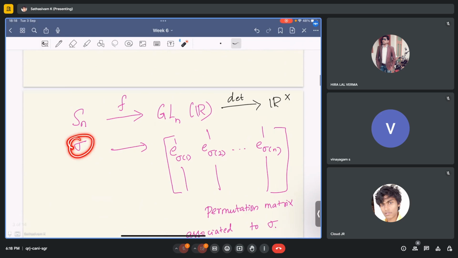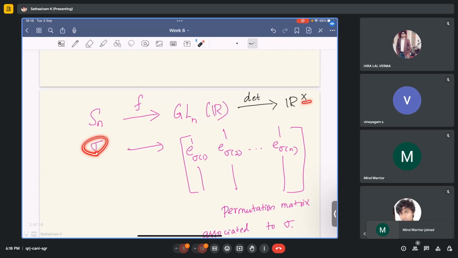Now if you take the sigma and go all the way here, the image is either plus 1 or minus 1, and this is called the sign of the permutation. This is also one way you can define the sign of the permutation: you take this Sn, put it inside GLn, and take the determinant map. Whatever the image is, either plus 1 or minus 1,